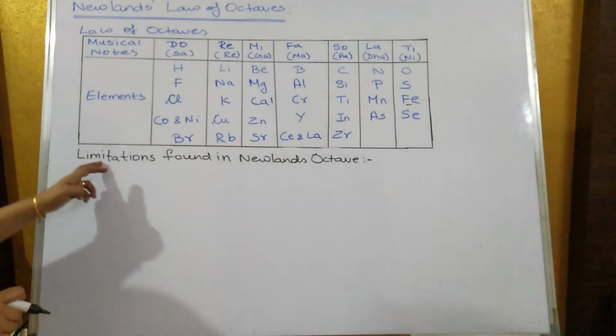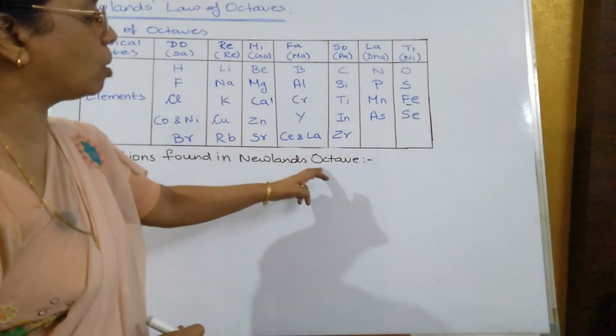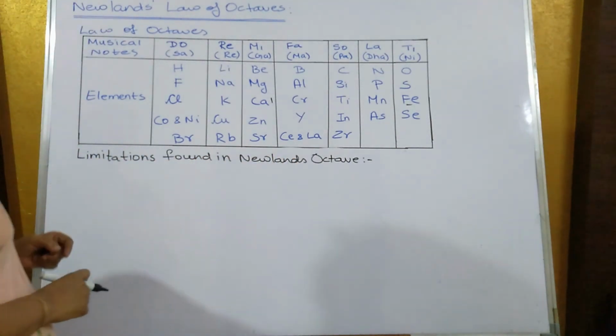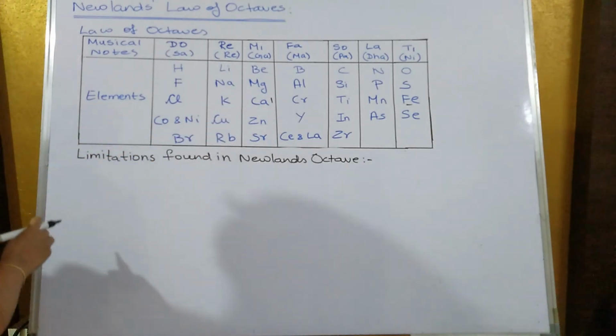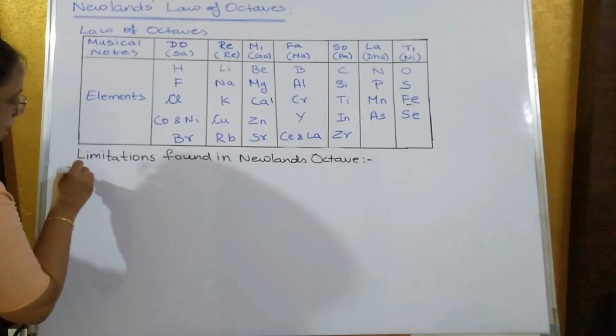Now what are the limitations found in Newland's octave? Limitation means disadvantage. Now this law was applicable only up to calcium. So this law was applicable